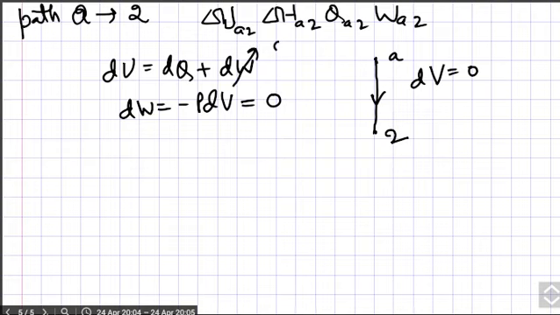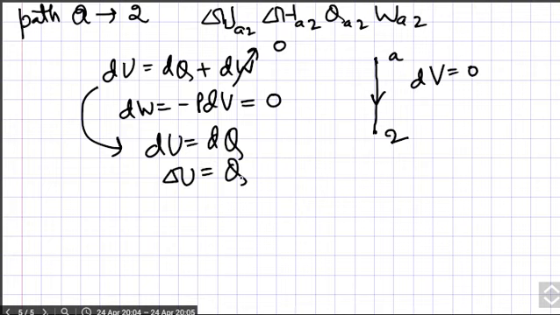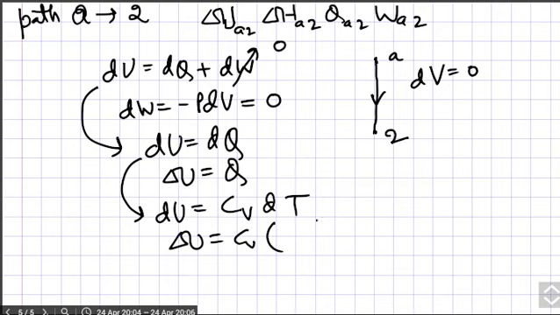So from this formula, this quantity will be 0, and you can see that dU is equal to dQ, and if you integrate it, then you will find that change in internal energy is equal to the heat. So if you can calculate this value, you will automatically find Q. And for this, I had told you that this is the universal formula, and integrate it, you will find Cv, and it is T2 minus Ta. So in this, this value is known to you, this value is known to you, this value is known to you.